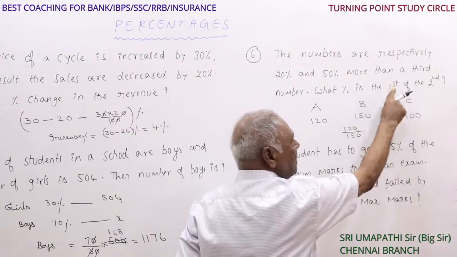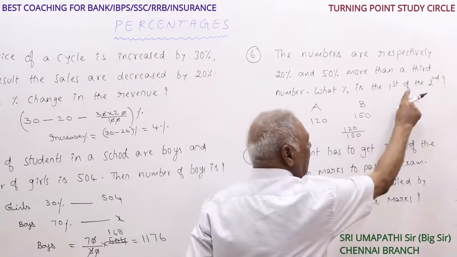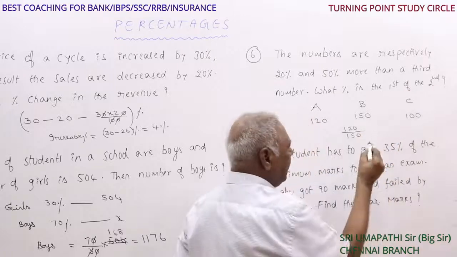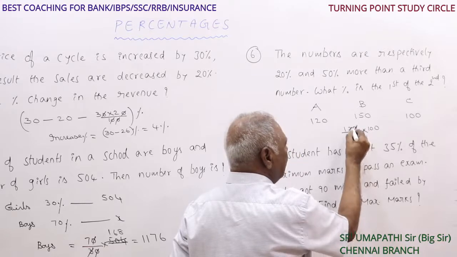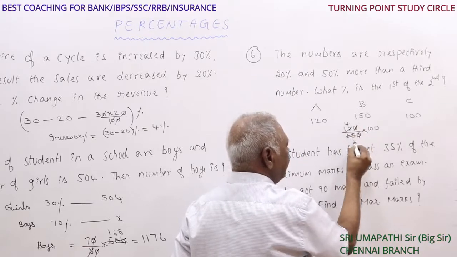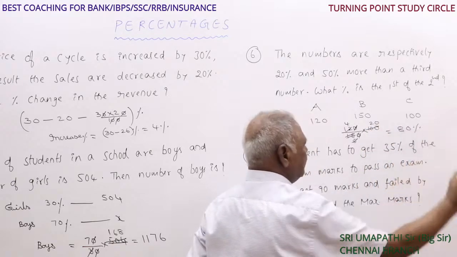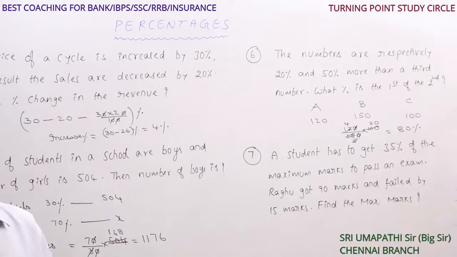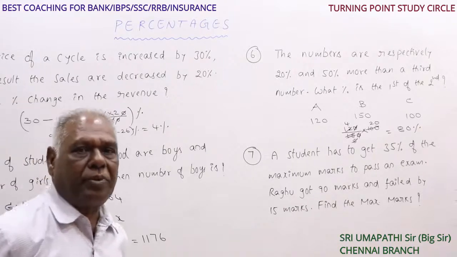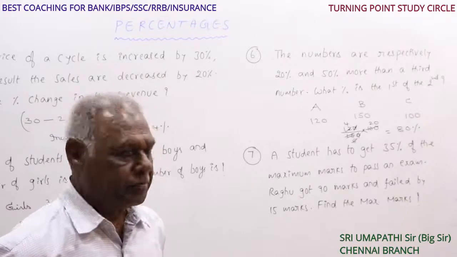The first is there, so it must be in the numerator. After of, second is there, so it must be in the denominator, into 100. The zeros get cancelled. 3 4s, 3 5s, 5 20s, hence it is equal to 80%. The first one is 80% of the second. Very easily, if you assume C is equal to 100, we can do the problem very quickly. We can take x and proceed, but it takes time.